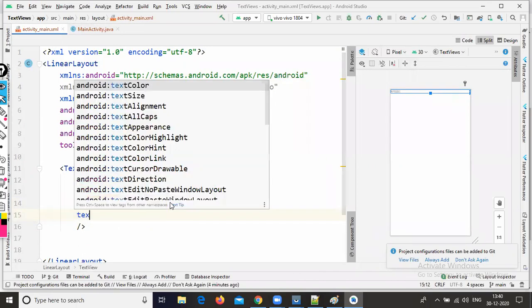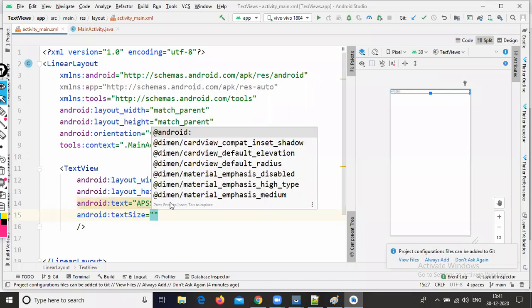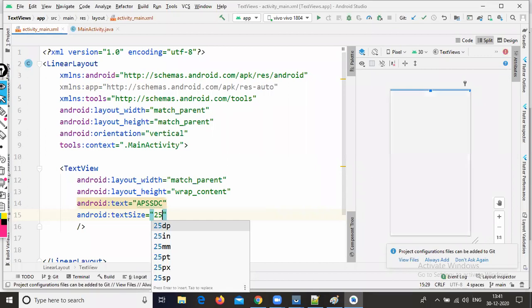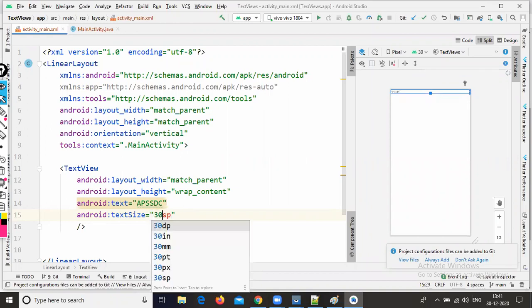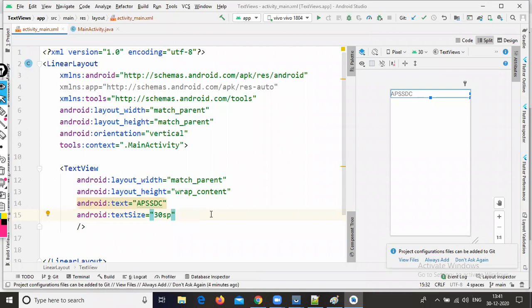There is a property called android:text size. Here you can type 25sp or 30sp, that's your interest. Whatever size you want, you can give it.